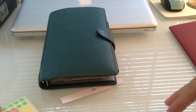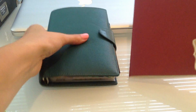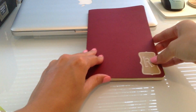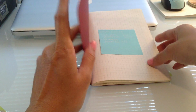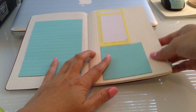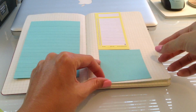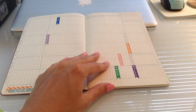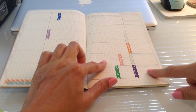And then what I've recently done this summer is utilized a bullet journal system in this Moleskine. It's graph paper. And on the first little spread I have, I've just put a bunch of sticky notes. And these next couple of pages are half-year planners, so 6-month planners, and I've already mapped out